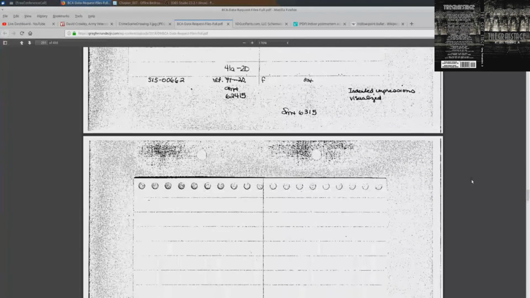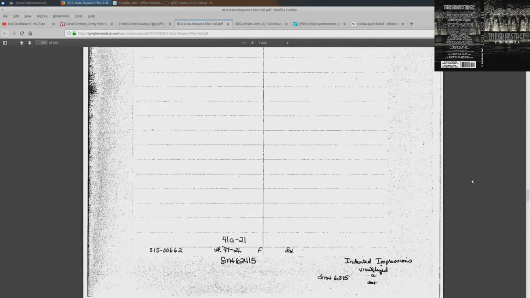So looking at page 290 here, this is page 20 of the ESDA lifts. Obviously you'll see there's nothing here, because it's just indented writing. And you're going to see that same thing on 41A-21, which is this page we're looking at right here.